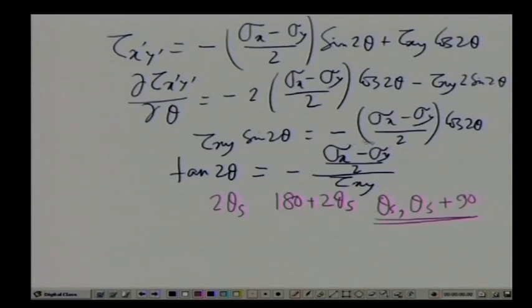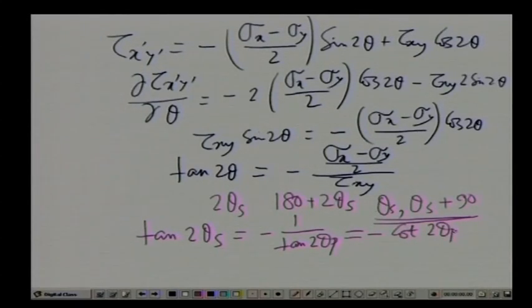Now, if we look into the values of this tan 2 theta s and compare with the previously calculated value of tan 2 theta p, we find that tan 2 theta s is nothing but equals to 1 by tan 2 theta p. Tan 2 theta p we had evaluated earlier as tau x y by (sigma x minus sigma y) by 2. So, this is equals to minus cot